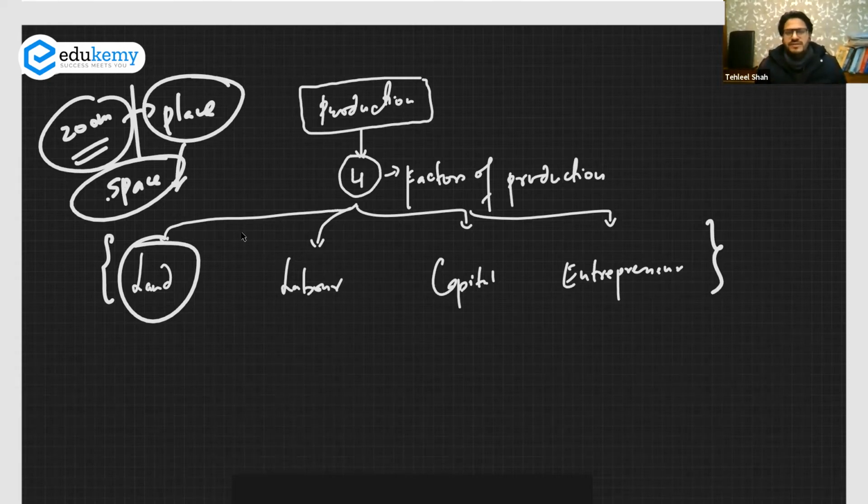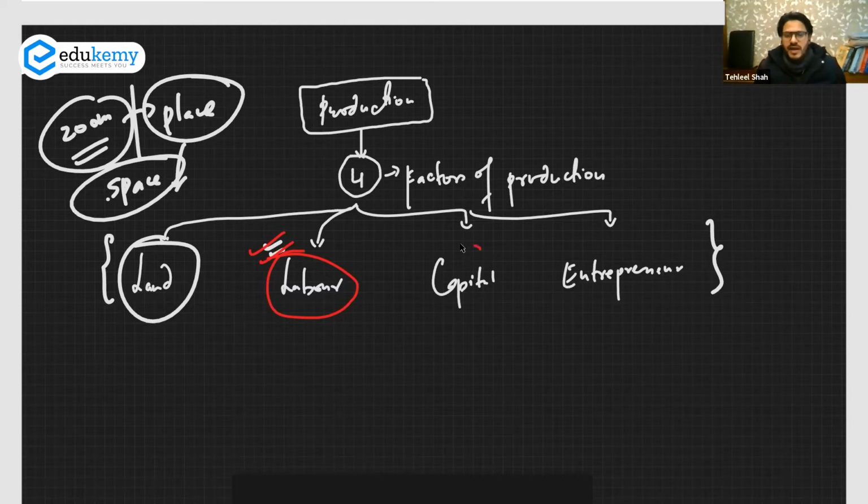Okay. Now, the second important factor of production is labor. We need to have labor. Labor is, in this particular case, me. If I'm using the service of Zoom, I have the space now to provide you this economic service. Now, what I require is the labor. In Edukemy, the labor are the teachers, the lecturers that provide you with this service. Or in the mentorship program, Rahul, who mentors you, becomes the labor in this case. So labor is a particular factor of production. You cannot have any production without labor.